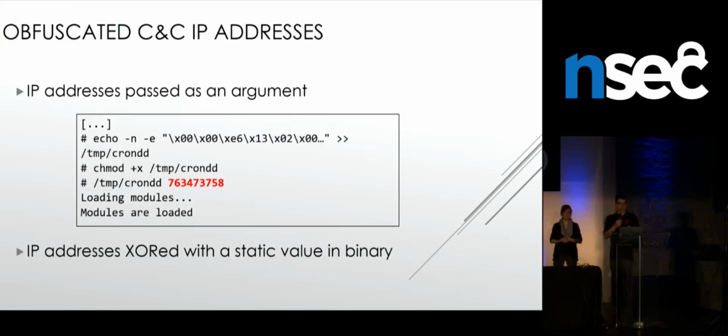So first, what they did is they obfuscated the CNC IP address. Instead of being in the binary file itself, it was now passed as an argument, which means that you needed to run a honeypot or to actively monitor internet traffic to be able to see the IP address. But they also XORed it with a static key, which means that you needed to have someone who could do ARM or MIPS reverse engineering on hand. So these two things combined is actually kind of a clever upgrade or a significant improvement.